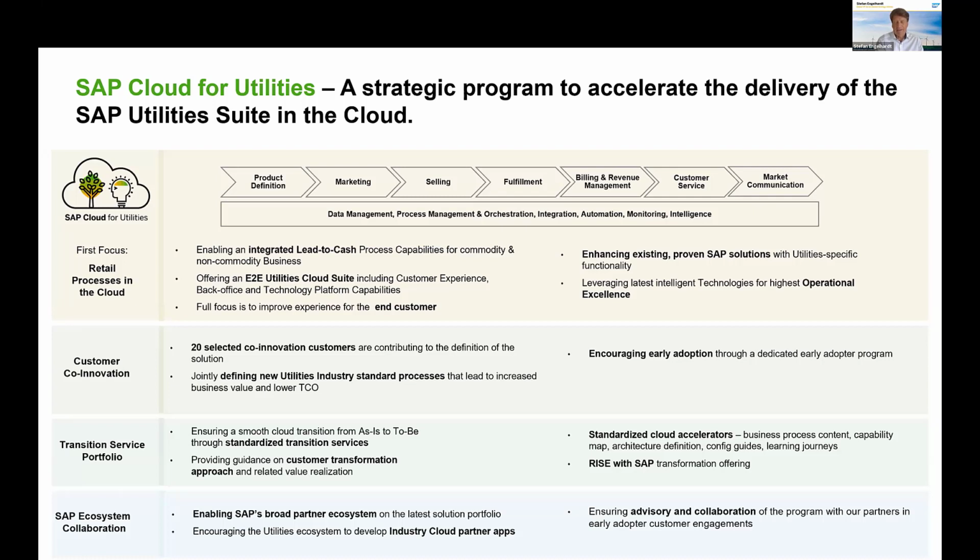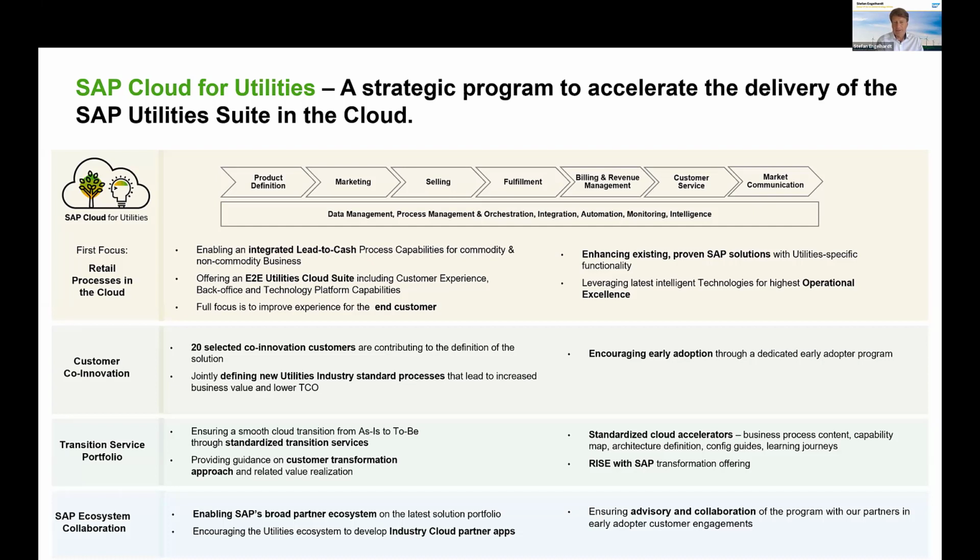But at the end of the day, it has to be understood as a program that provides a suite of applications in the cloud. A very important pillar in that architecture is our S/4HANA utilities portfolio, which we can provide as well in a subscription-based offering. We'll talk about it in a minute. We're complementing that with new cloud solutions that we already have available as generic versions. We invest a lot of effort in making them relevant for our industry, in order to provide, for instance, utility-specific content for marketing, sales, service, for billing, and for other topics that are specific to our industry. And we have a dedicated roadmap in that regard.